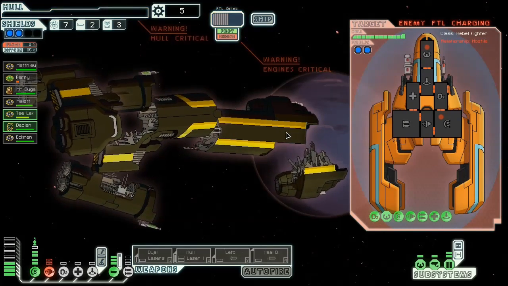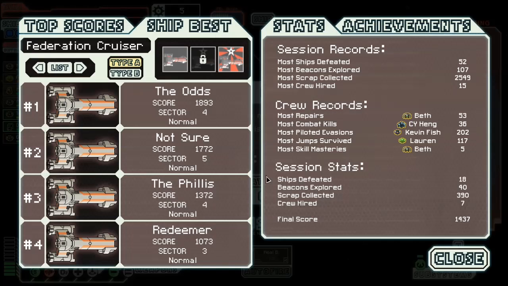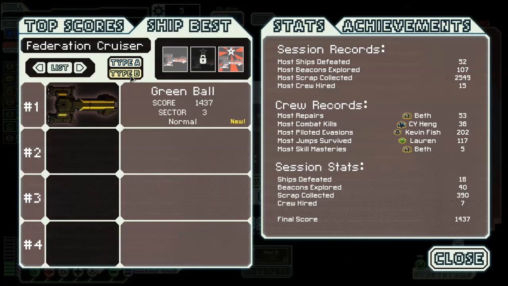Okay, well, it's another Federation cruiser run where I happen to die a crazy, crazy death in the middle. What do you know? See, look at this. Sector 4, Sector 5, Sector 4, Sector 3. And now the green ball didn't even make it to Sector 4. What was I thinking saying Sector 5 before? And the thing was is that I had just gotten some weapons, I'd just gotten some stuff I could work with, but...